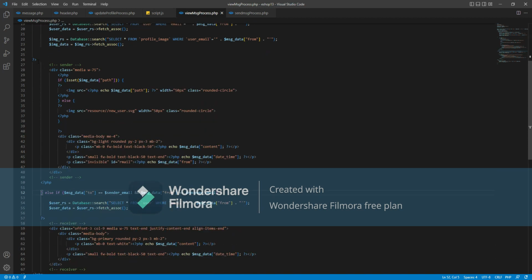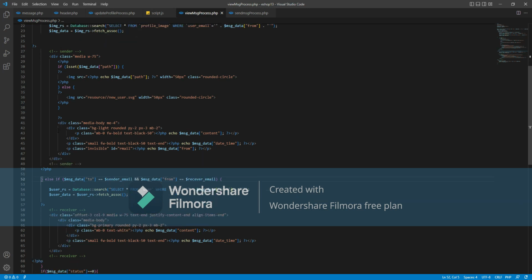Then I've closed the PHP script and I've created this div to display the message. Here I've given an if condition to check whether the user has a profile image, and if they have a profile image, the image src will be taken from the $image data and echoed here. Otherwise, the default image src will be the new user svg file. Then in this div, we have the details of the message, we have the message content, the date time of the message, and